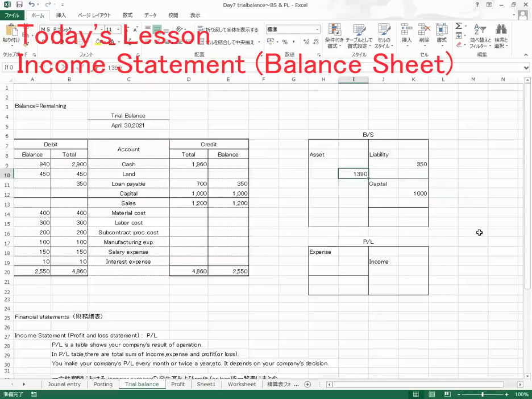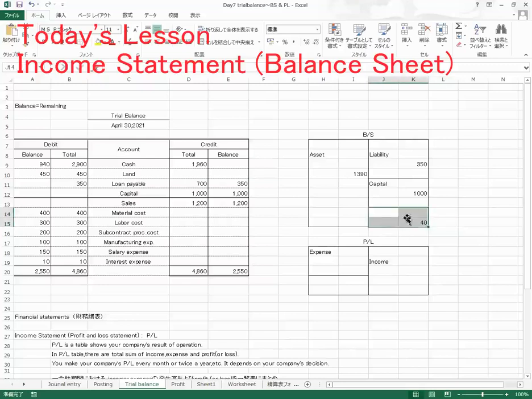Then when you subtract liabilities and capital from assets, what is remaining? How much is remaining? There is a difference. The difference is 40. This 40 remaining is